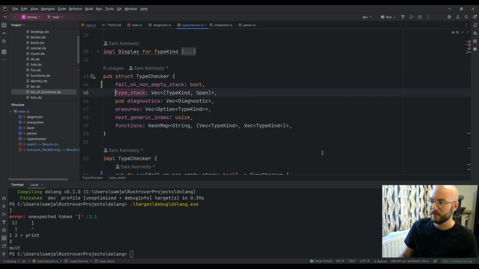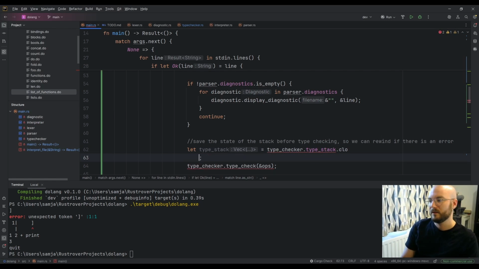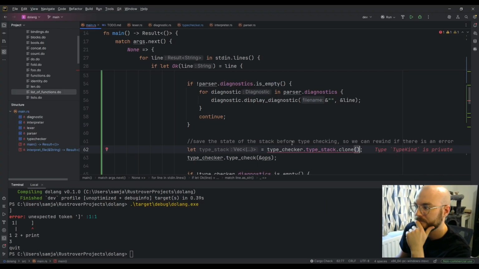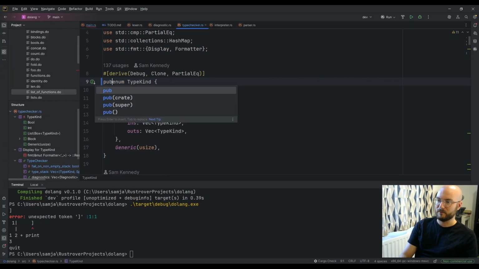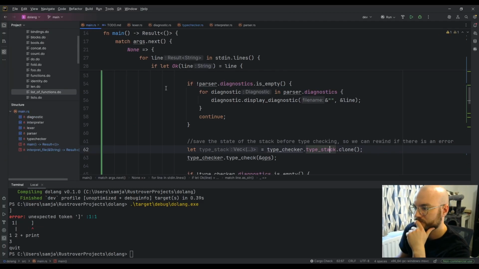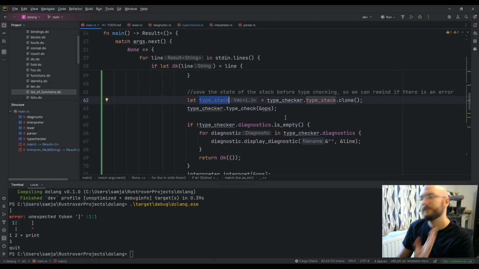No, because it's not public. So it is now. We probably have to clone it every time. Type kind is private. Well, I think it's high time it were public. There we go. Cool.